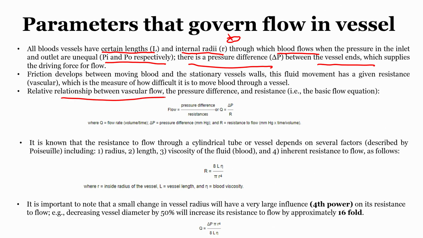Now, the relationship between the fluid flow, the pressure difference and the resistance. Now, this is a new topic here, resistance, which is offered because of the fluid that is flowing through the channel. Flow here is nothing but the volumetric flow. Why do we call it volumetric? Because it is through the complete volume, that is the cross section area, the inlet flow is the volumetric flow, and then it is governed by the pressure difference and here the resistance.